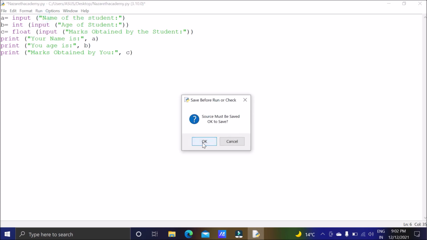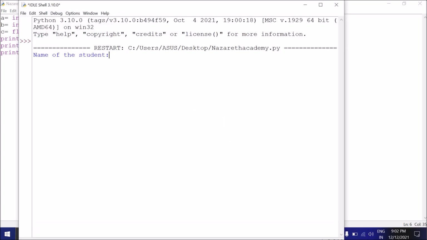Run module. Now first of all, name of student, suppose Amar. Amar is getting saved in a. Then age of a student, suppose 15. Marks obtained by the student, suppose marks obtained are 30 marks.